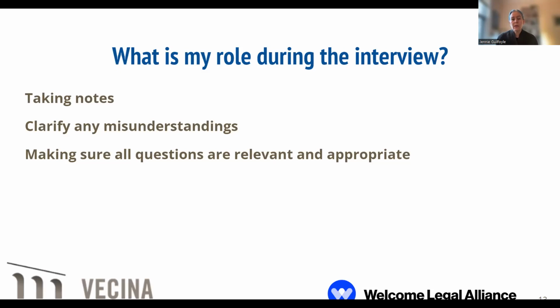Also, at the end of the interview, most officers will let you do one or two things. They'll often let you ask one or two final questions, so it's helpful if you think there's something important to stress or that the officer didn't get to, or that you just want to make sure the officer understands, you can ask your client one or two questions at the end. And many officers will also let you make a short closing statement. It's really good to take that opportunity.